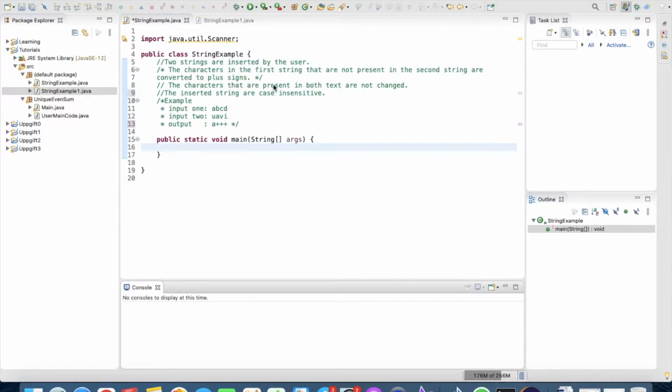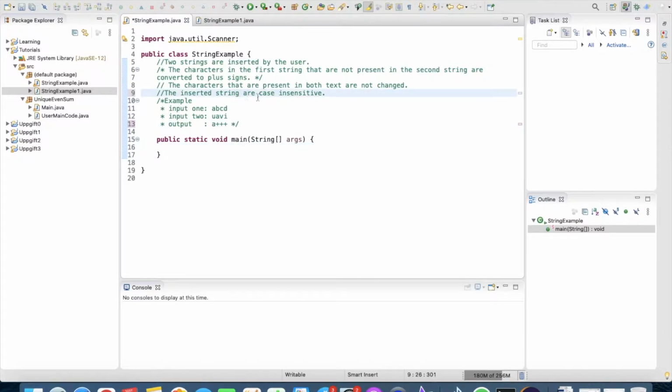And the characters that are present in both texts are not changed at all. The inserted strings are case insensitive, so they can be both capital and small letters. As an example, we see here input number 1 is ABCD, input number 2 is UAVI, and the result should be, because A is present in both of them, the A is as in text number 1, and the plus